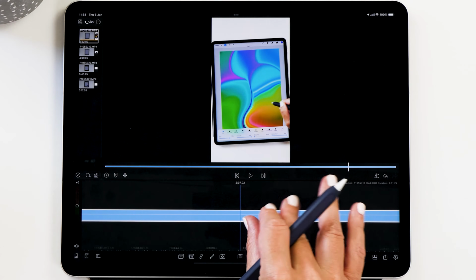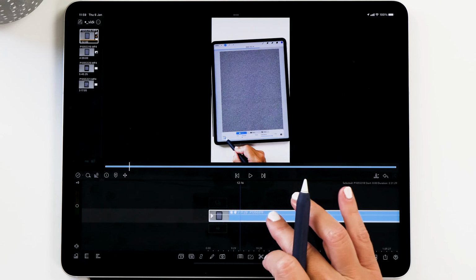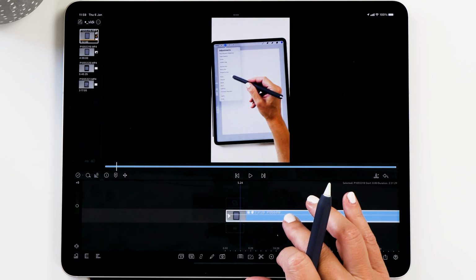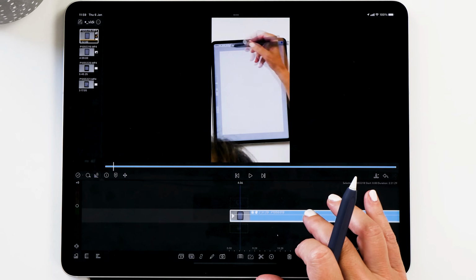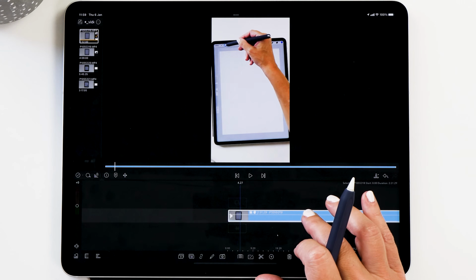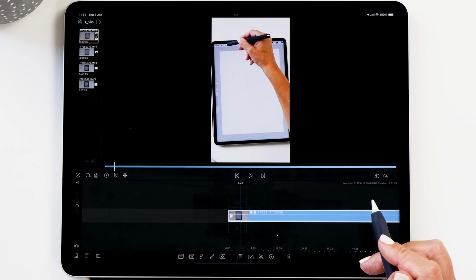And then another thing you might want to do right at the start is trim the start and the end of things that you don't want. Maybe you had to start twice. I sometimes have to start a few times, and so it's definitely handy to do that right at the start. And so usually I like to start with the first tap on the screen, which is right here.